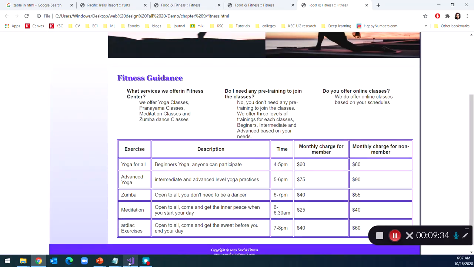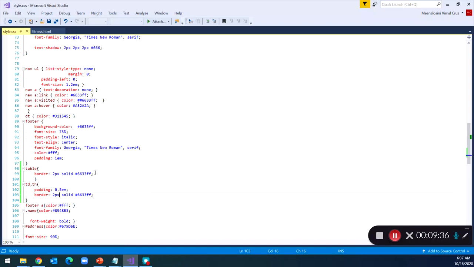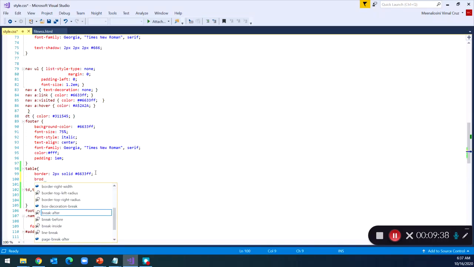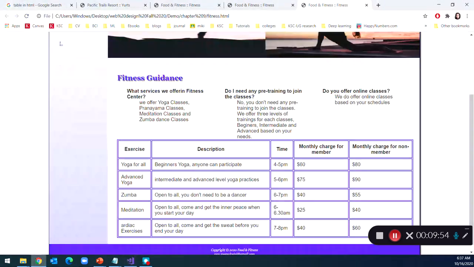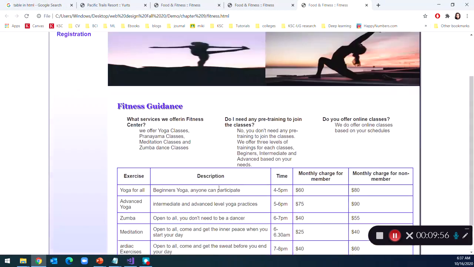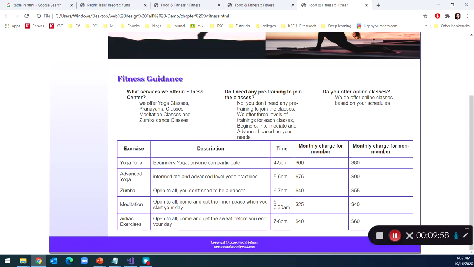Okay, so to avoid that, we have to use the border collapse property so that there will not be any space between these cells, border cells. So the border collapse property, I have to say collapse. Save it and refresh the page. You can see now we don't see the space. Okay,